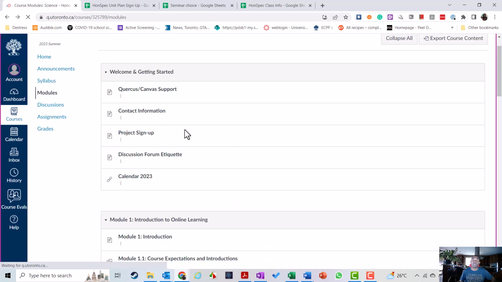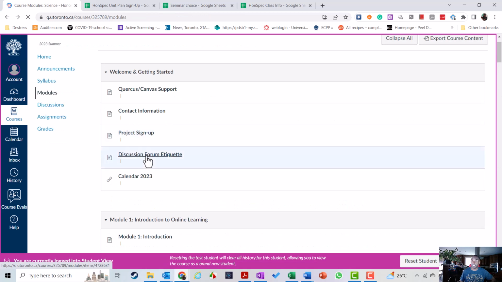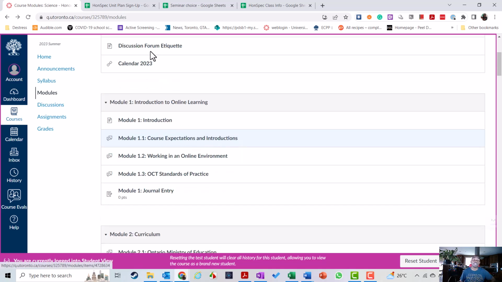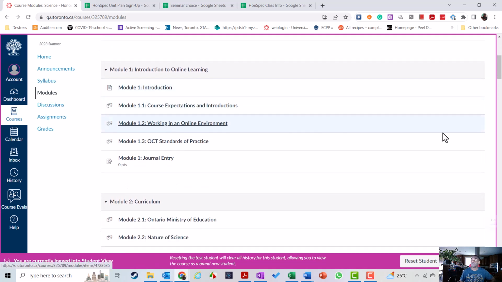Okay, so those are your project signups. As I keep on going through the welcome, you'll see the discussion forum etiquette, and you'll see the calendar. I already had the calendar open. I'm not going to open it again, but here's a link to the calendar. It's a Google Doc, so hopefully you'll have access to it. Once you finish that, and you've gone through the entire announcement number 1,